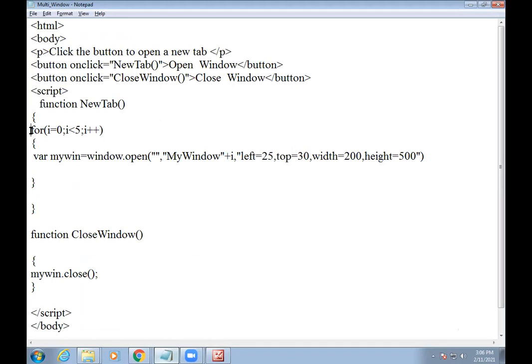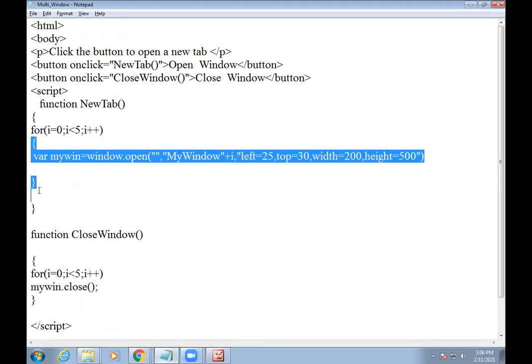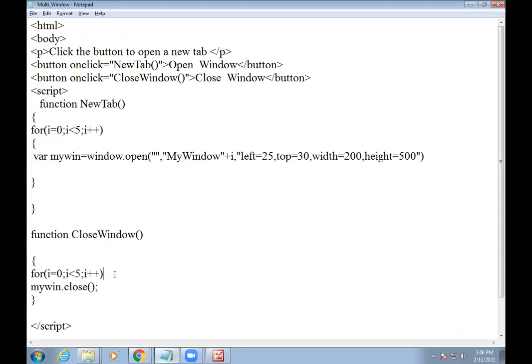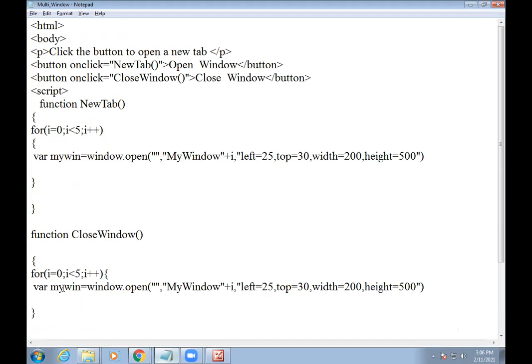Let's see what happens if we use this condition here. Copy and paste, but I have to change the name also. I don't think we have to mention all those things. Let's see if it runs or not.